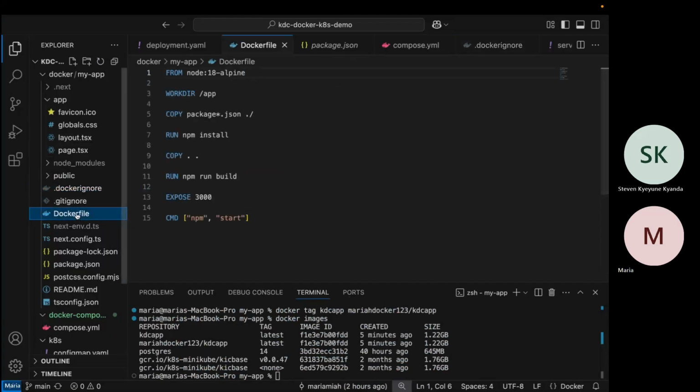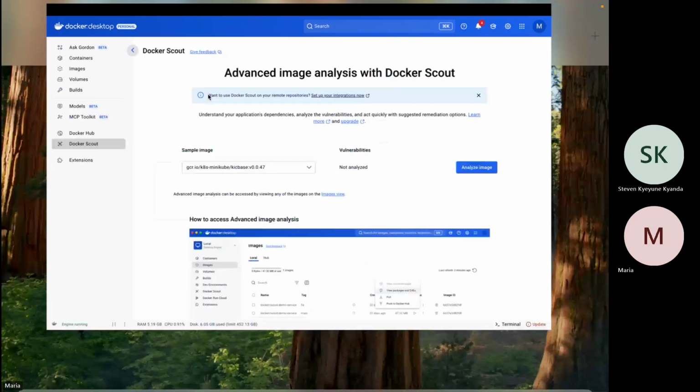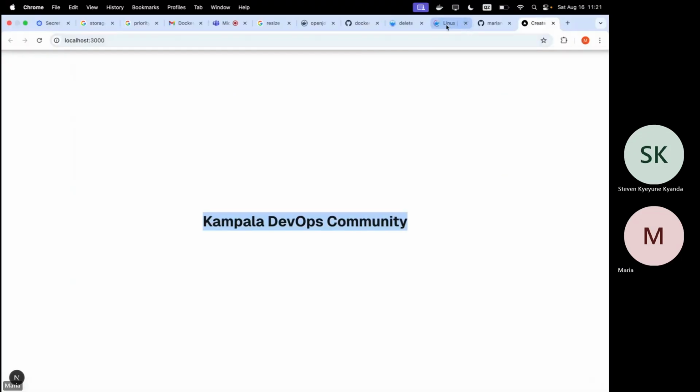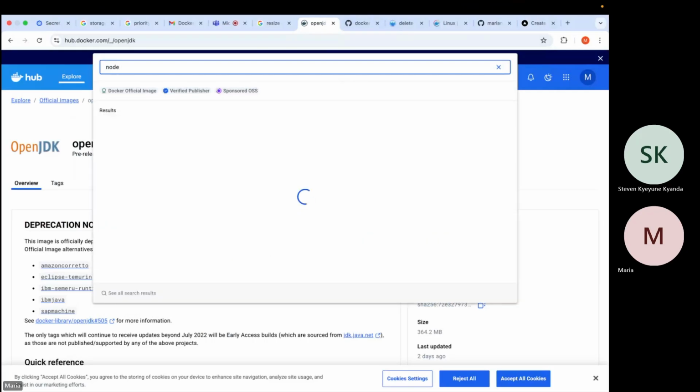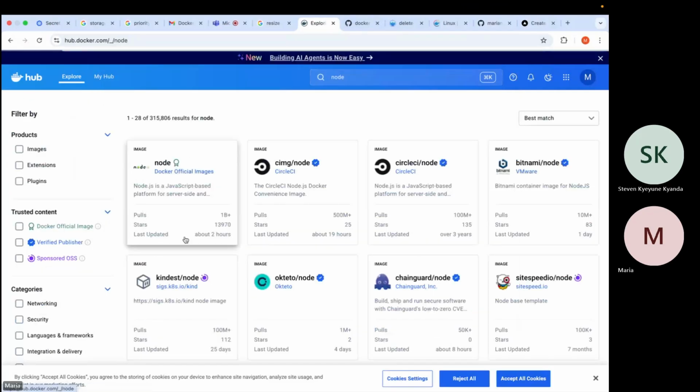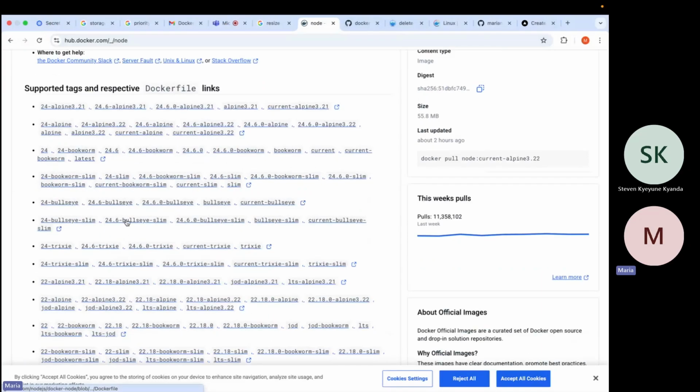Then another way of reducing the size of this image is to use smaller images. Like for example, from node 18 Alpine, we saw that there are smaller images like Slim. So there are smaller images like the Bullseye Slim and Slim. So it depends on the size of the image.